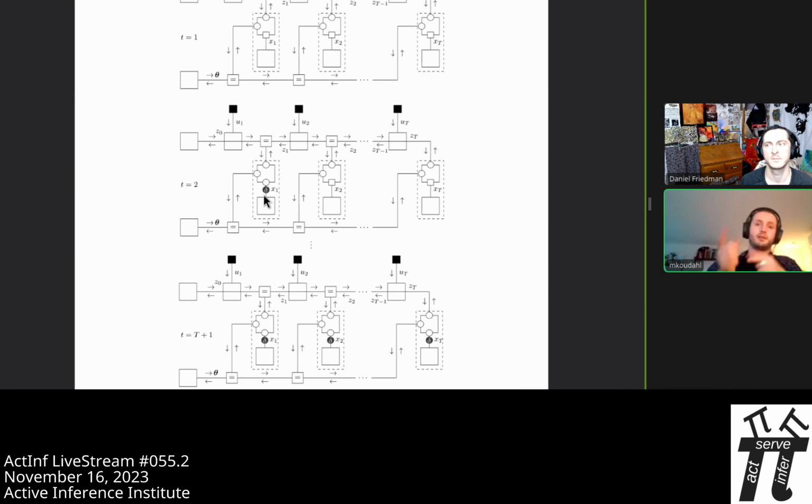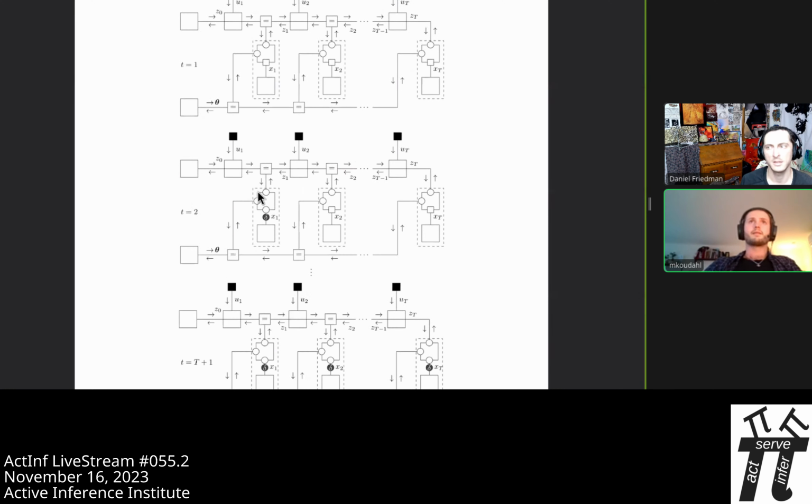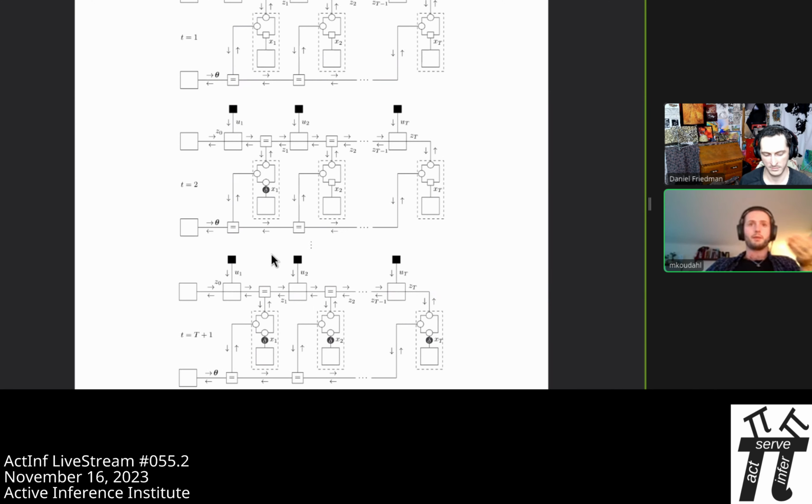So this here actually shows the exact type of thing that you were just talking about. How does the model change once we get data points? This case here would be pure speculation, pure planning ahead of time. And this here is, well, once you start observing stuff, how do you actually add the information into your inference problem?